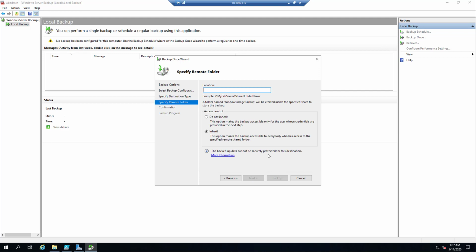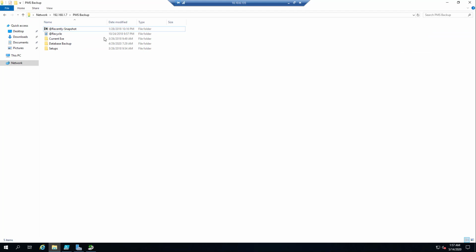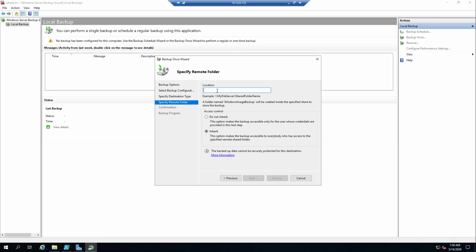Here we have to specify the location of our network share, and that will be a UNC path. Here I'm giving the share path where I'm going to store the backup file, and we can see there are two options. One is Inherit, another one is Do not inherit.